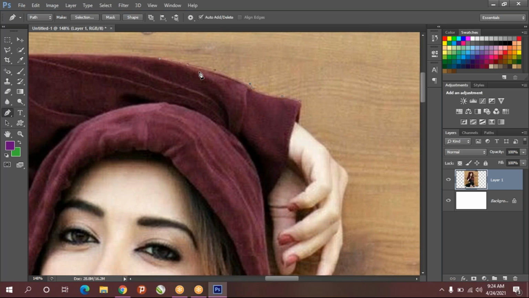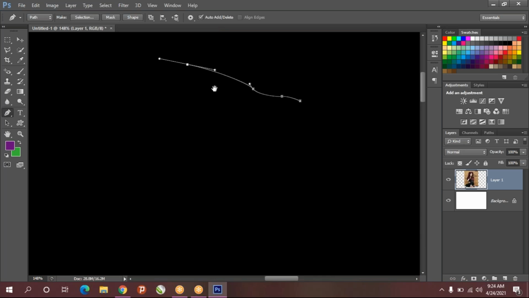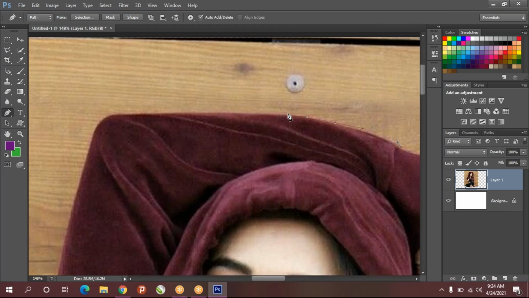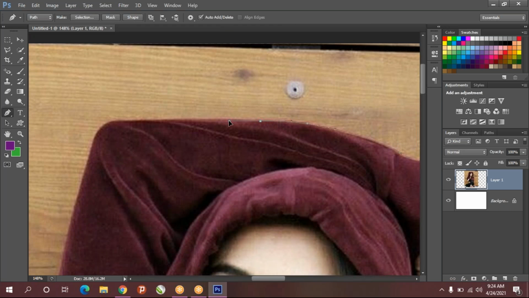So getting it, see, and by holding Control you can get direct selection automatically when you are in the pen tool only. Hold the Control key, directly convert to direct selection, and if you leave the Control key, automatically back to the pen tool.